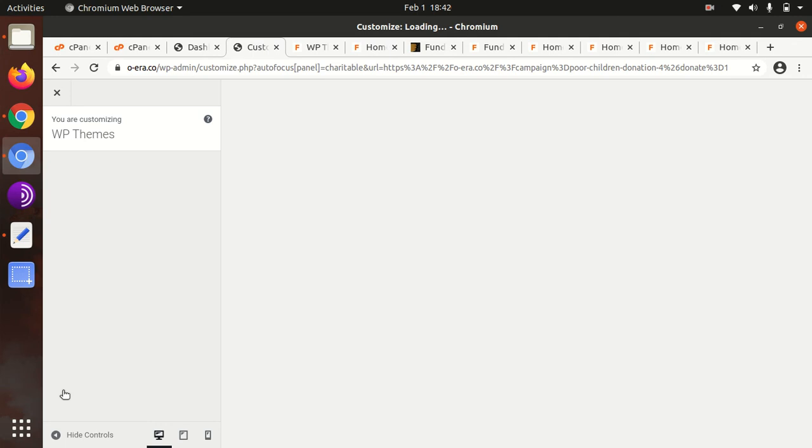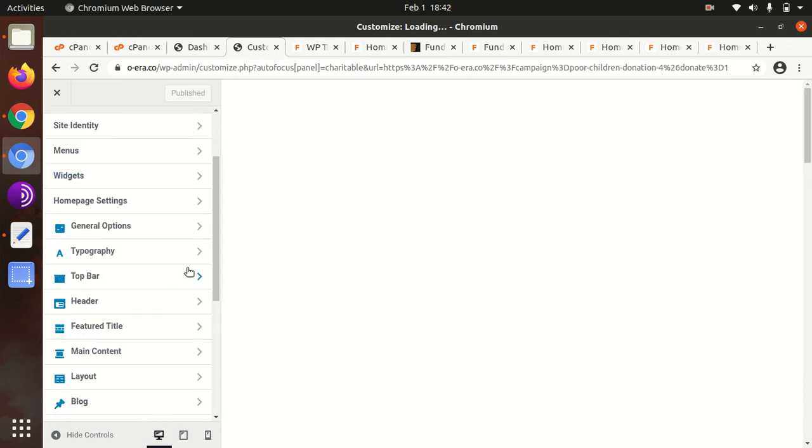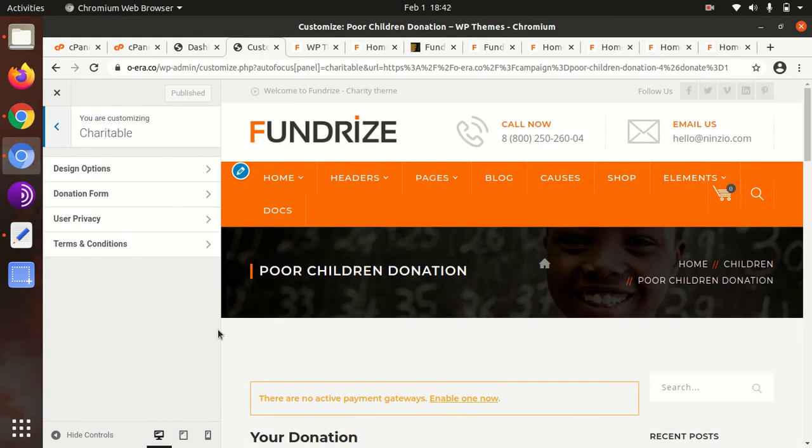This is the customize screen going to open, and these are the controls for editing the theme, which are here only under charitable.